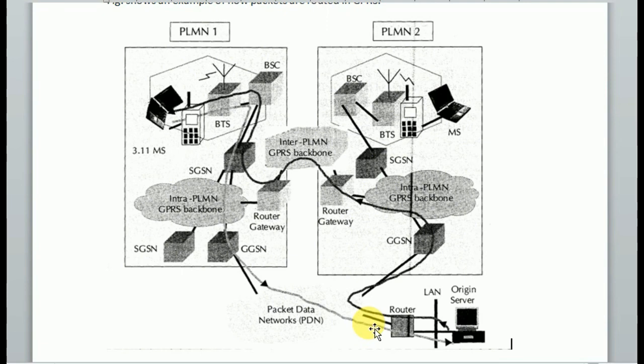The latter queries the HLR and obtains the information that the MS is currently located in PLMN1. It encapsulates the incoming IP packets and tunnels them through the inter-PLMN GPRS backbone to the appropriate SGSN in PLMN1. The SGSN decapsulates the packets and delivers them to the MS.